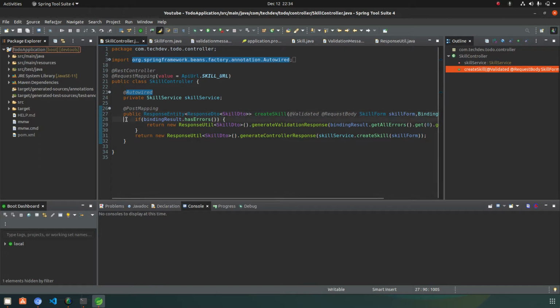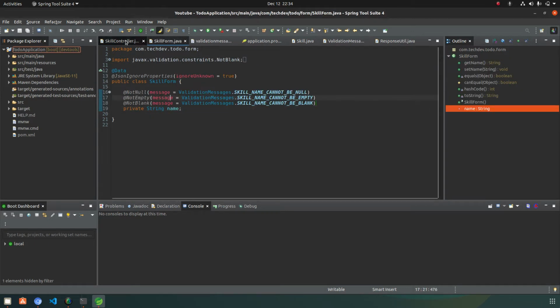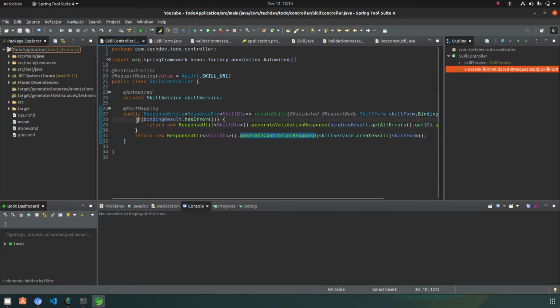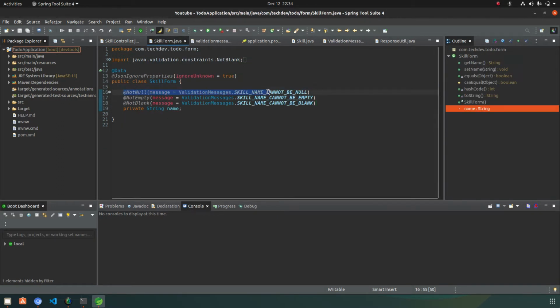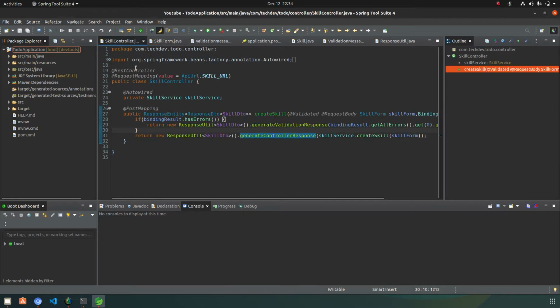In the controller we do not need to change anything. We only need changes in the SkillForm. For any validation which we do in the SkillForm using any annotation, we do not need any changes on the controller side.